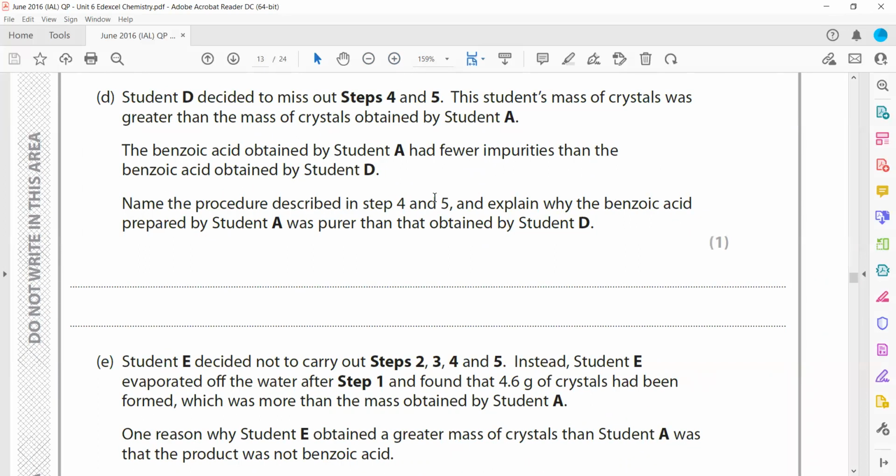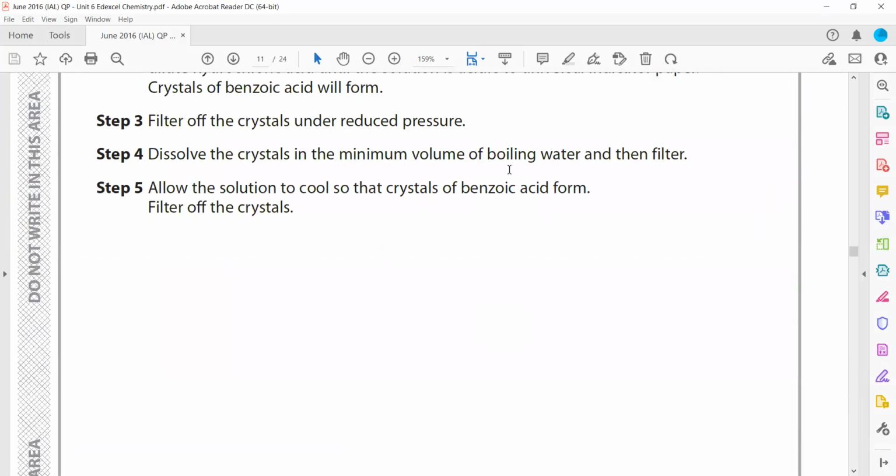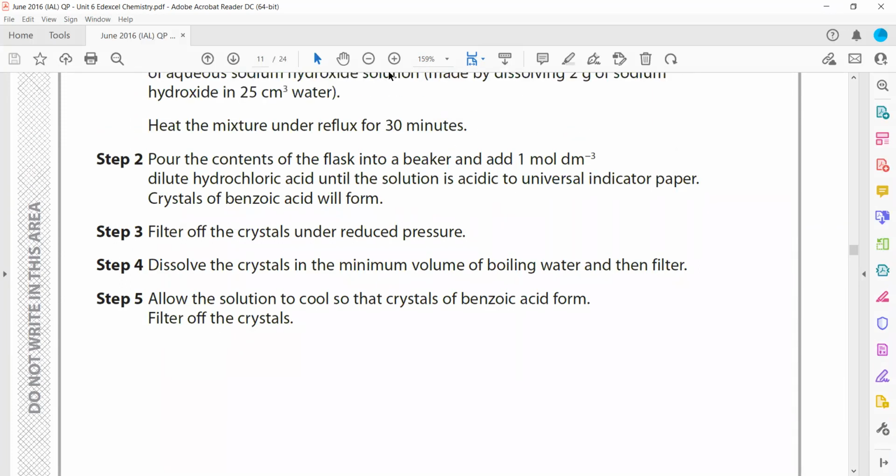Then student D decided to miss step 4 and 5. This student's mass of crystals was greater than the mass obtained by student A. The benzoic acid obtained by student A had fewer impurities compared to student D. Name the procedure described in step 4 and 5 and explain why benzoic acid prepared by student A was purer than student D's. So when we check steps 4 and 5, what we did,